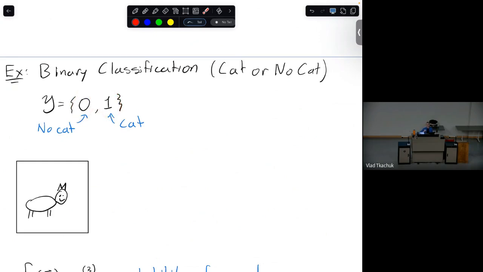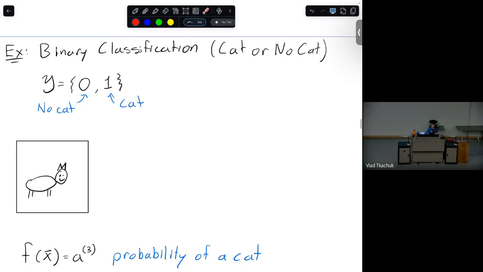And really what we're going to end up doing is just what we've learned in classification beforehand, which is you're going to predict the probability of there being a cat. That is what this whole function, this neural network, is going to do. From that, you can classify whether it's a cat or not if that probability is larger than 50%, let's say. So really our goal is to predict the probability of this being a cat or not. Okay. How do we set up this problem?